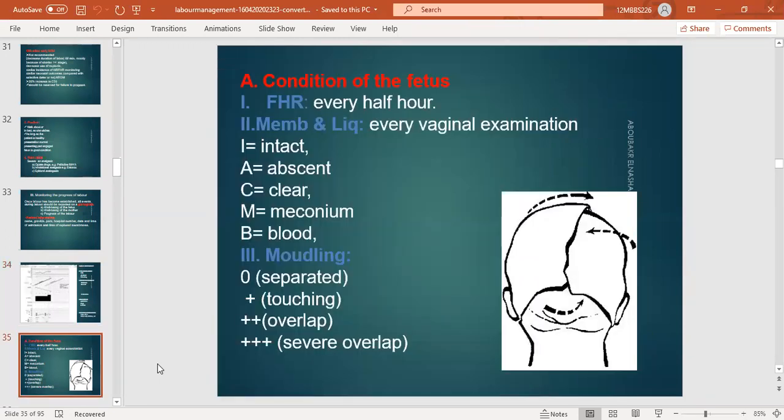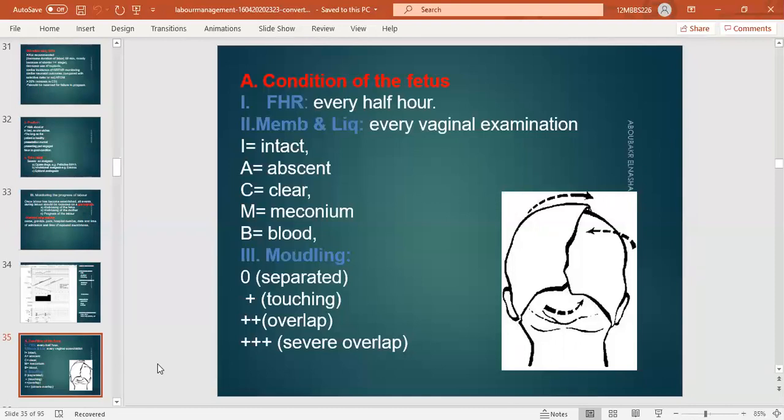Now, this is the assessment of the fetal heart rate. We are discussing the management in the first stage of labor. In the first stage, you have to monitor the fetus and you have to monitor the mother in labor, and the monitoring of the mother's labor is on the partogram. The fetus can be assessed by fetal heart sounds, as we discussed, using the fetoscope, the sonicaid, or the CTG.